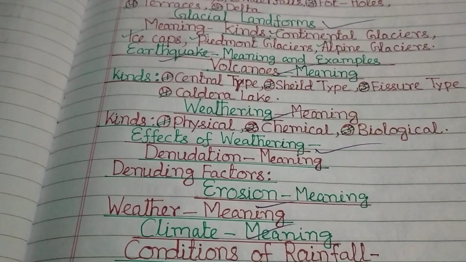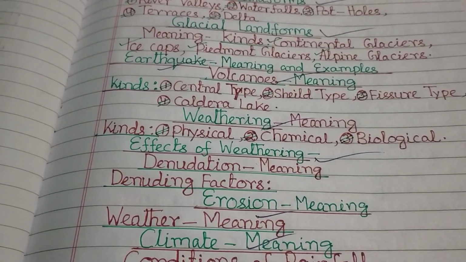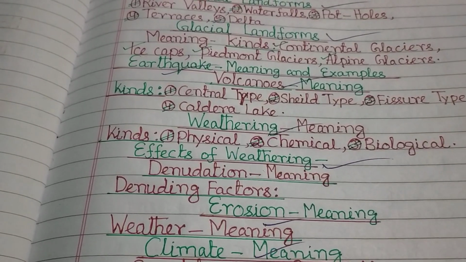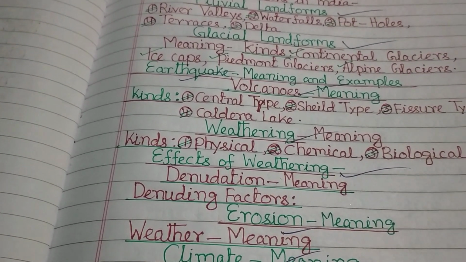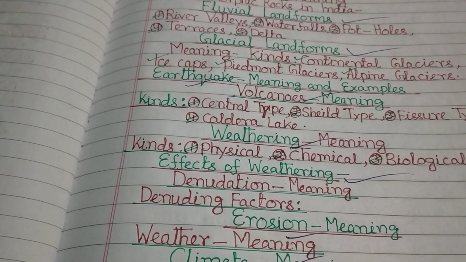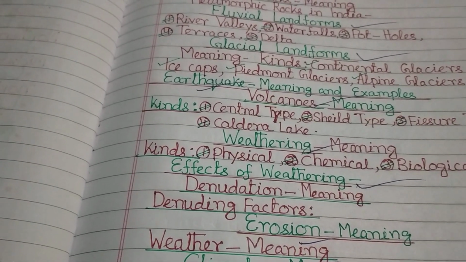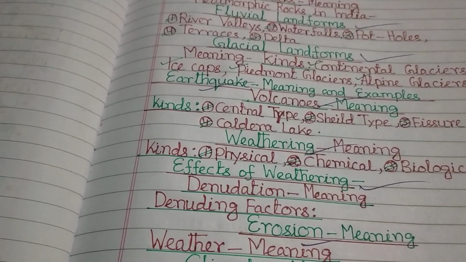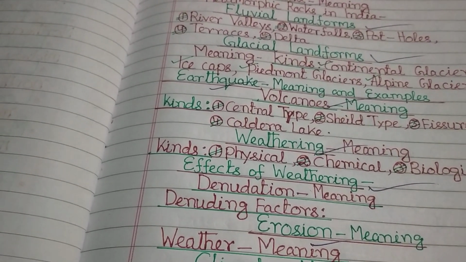In this lecture, we'll discuss glacial landforms, their meaning, and kinds of glacial landforms. A glacier is a moving mass of ice at speeds averaging between 30 to 40 centimeters and 15 to 18 meters per day. It originates at high altitude due to low temperature and high orographic precipitation. Glaciers are of four types.